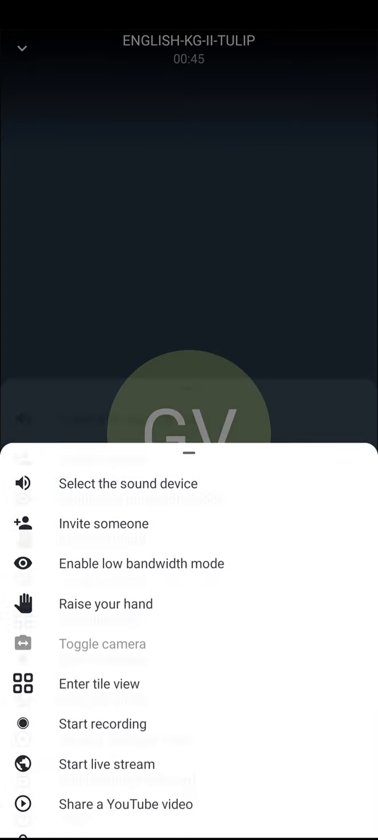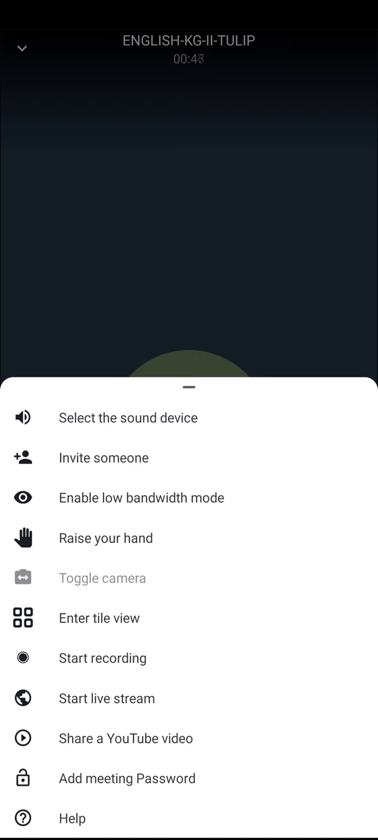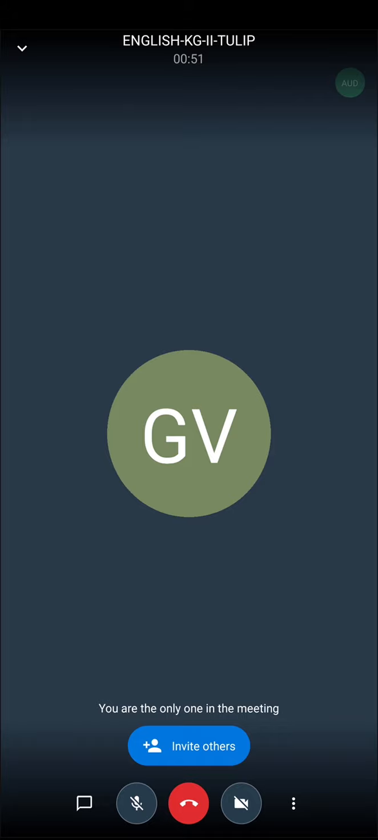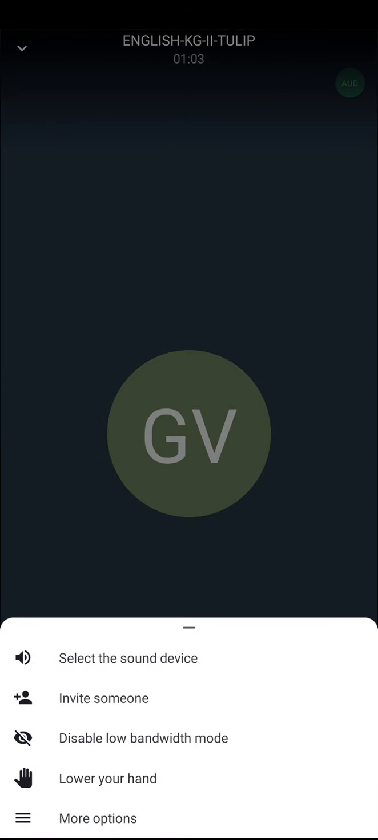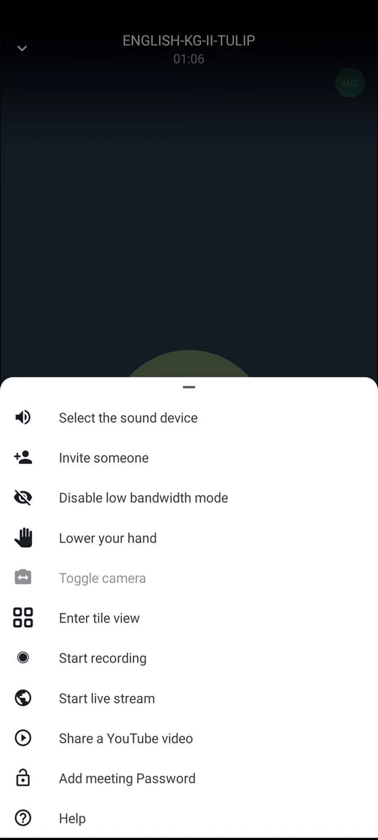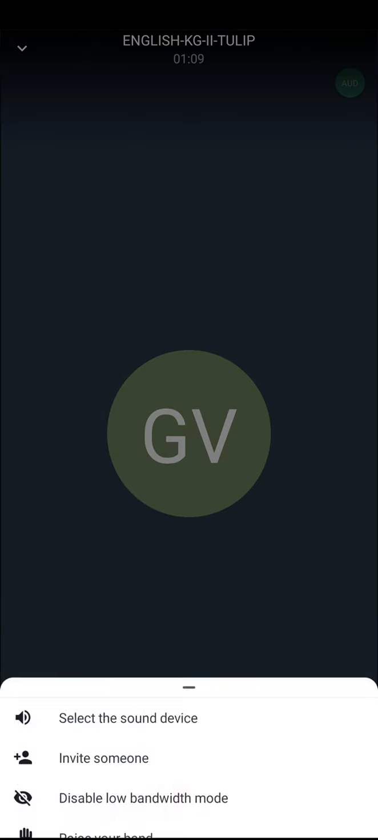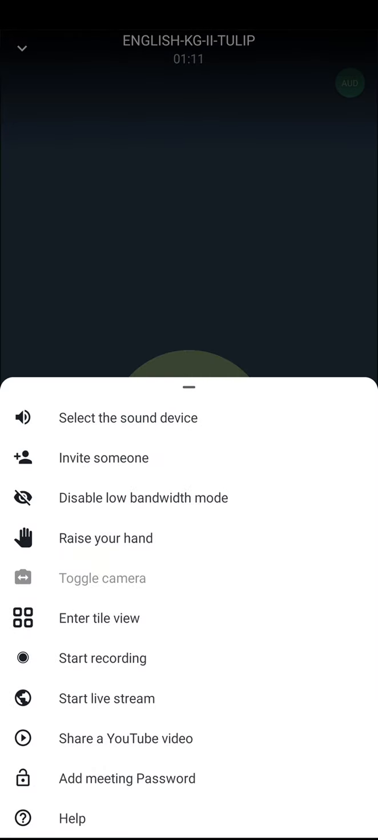Then the next one is to enable low bandwidth mode. You can enable it when you don't have a strong internet connection, and it will give you better quality. You can also disable it whenever you want. The next option is to raise your hand, and you can press this option before interrupting any conversation. The next option is to enter the tile view, and this helps you to see all the participants in the